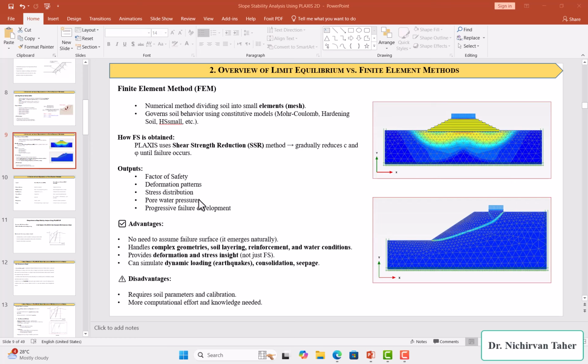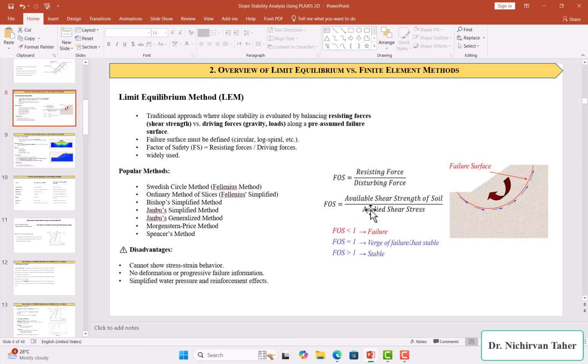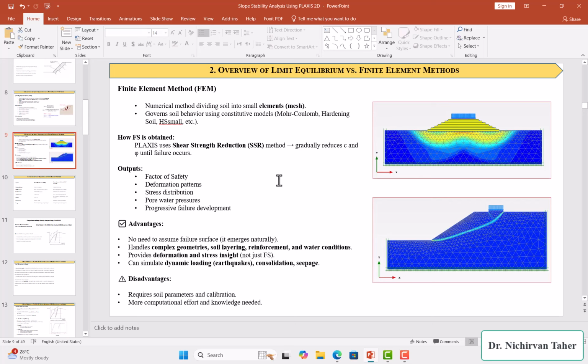Besides the factor of safety, we get the deformation patterns in the slope, also the stress distribution and pore water pressure, and also progressive failure development in the slope. As an advantage of this method, we don't need to assume the failure surface, as in the case of the limit equilibrium method, where we need to assume a failure surface first. But in the finite element method, we don't need to assume a failure surface, so it generates automatically, and also it